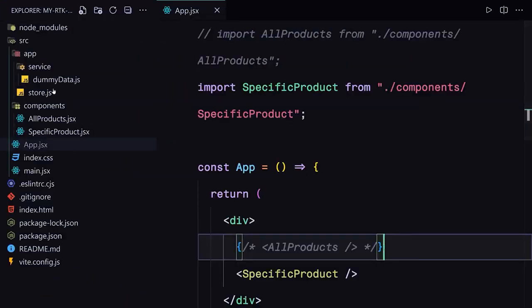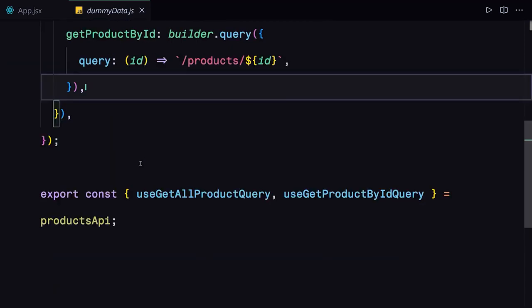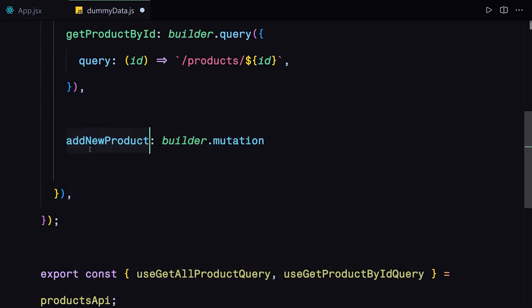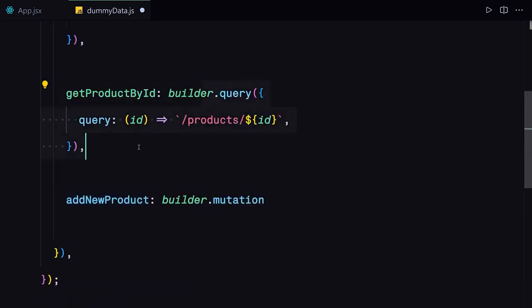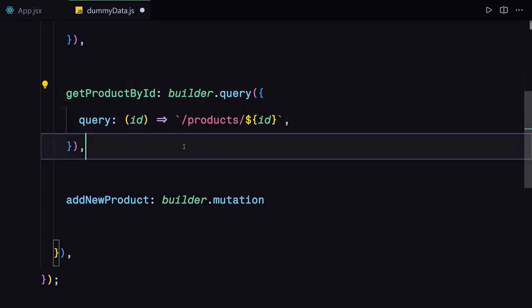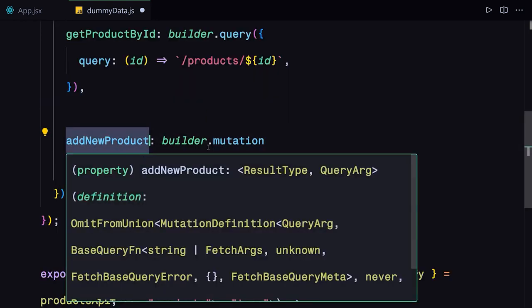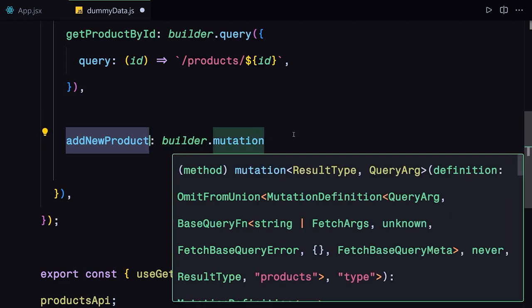So I'm going to go ahead and go to my dummy data, and here let's go to this endpoint, and I'm going to be creating a different endpoint which will be add new product. And here we are going to be using the builder.mutation because we are adding a product, we are doing something. We are not just querying the data, we are not just fetching the data, we are doing something with that data. So in this case we are going to be just adding a new data or new item to our